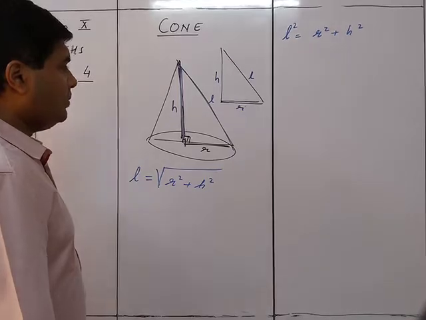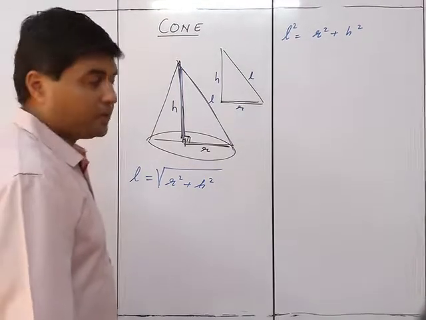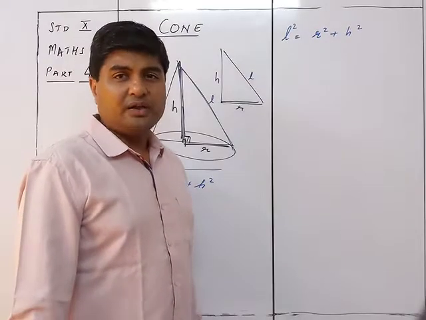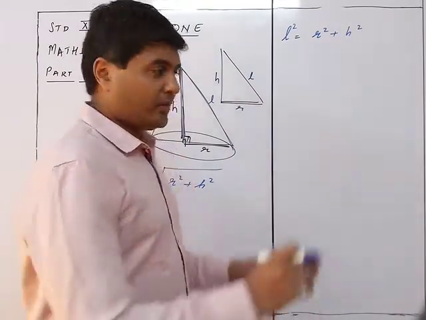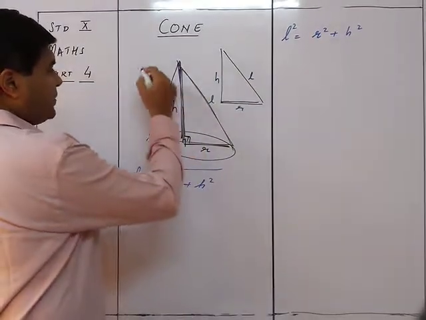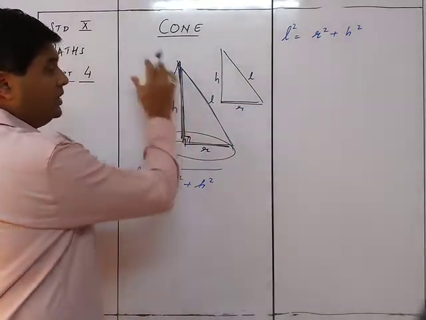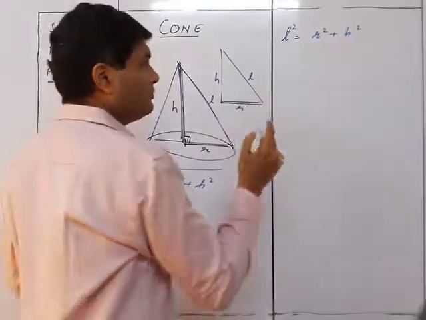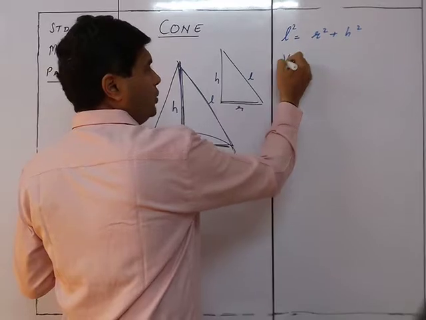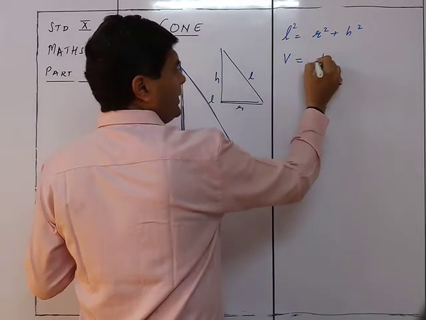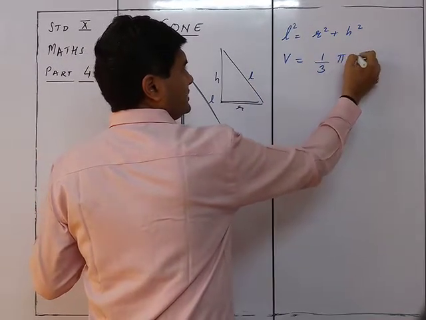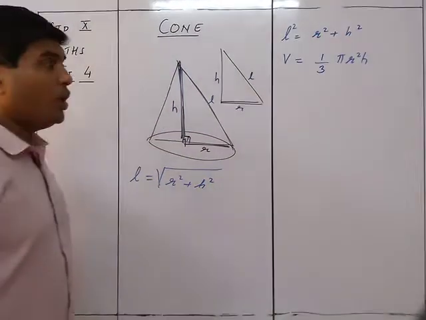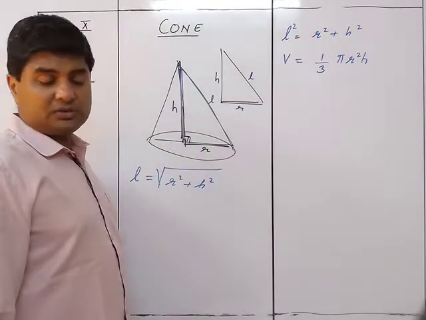The second formula is about the volume of this cone. Volume wise, the cone is 1/3 the volume of the cylinder. You can consider that there is one triangle here, one triangle here and one triangle here, so you are dividing into three parts, and what remains is only 1/3 of the original volume. That's why the volume of the cone is 1/3 pi r square h.